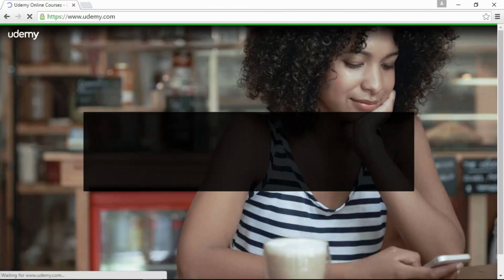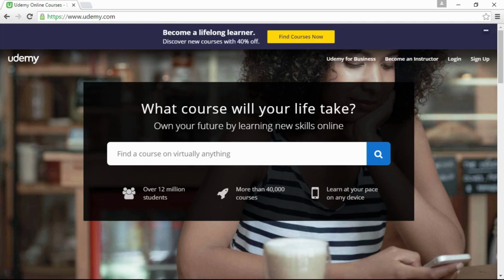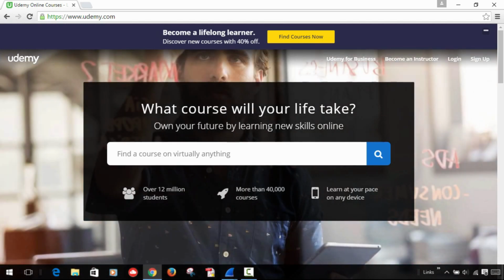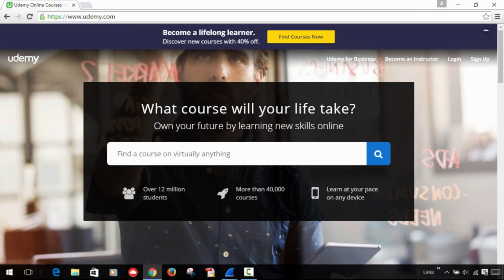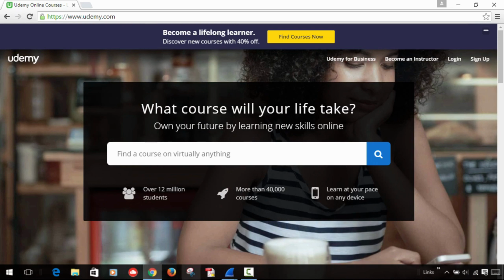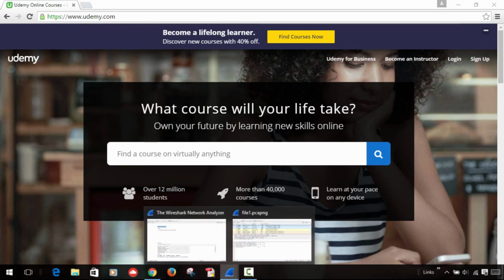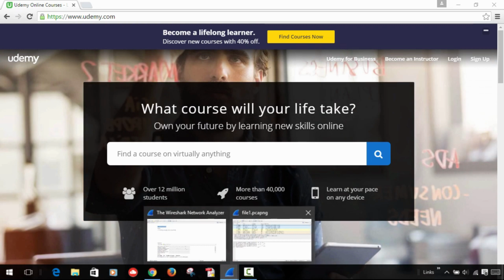Because of all the attacks and everything that's been happening on the internet, the Udemy website actually uses HTTPS, the Secure Sockets Layer protocol, which is a good thing. So when we look at that network traffic, it's going to be different than what we see for the Ford Motor Company site, because it was still using HTTP. Now when I go into the actual packet capture and I look at my